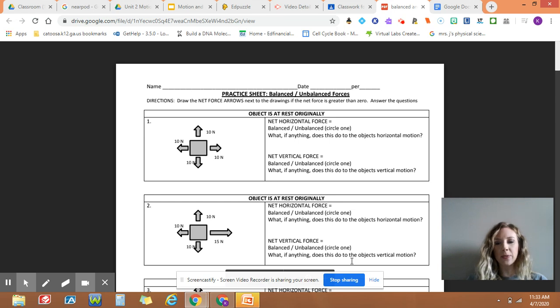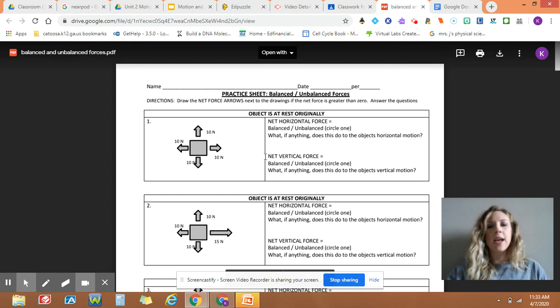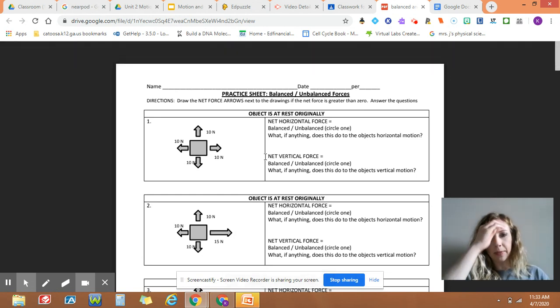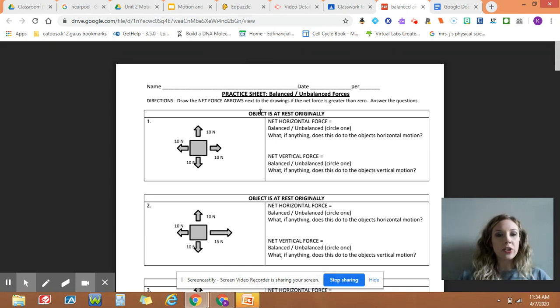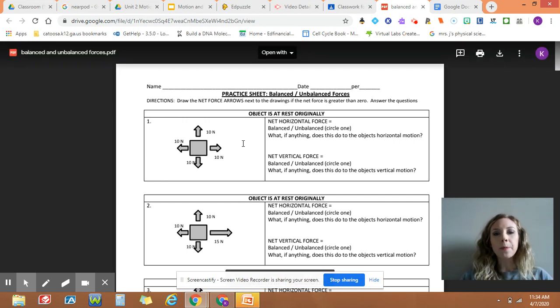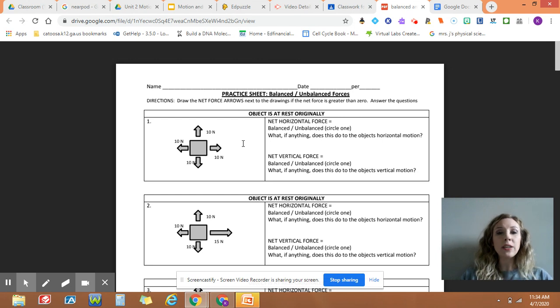Hi guys, sorry. I just wanted to give you some information about this specific sheet that I attached, just because I feel like the instructions can be a little bit confusing. So what I want you to do with this sheet, this is what it looks like. And again, you can just do this on a scratch sheet of paper and then just take a picture of your work and submit it to me, and I'll give you credit for it because I can't convert this. It's a PDF file. So basically what you're doing for this, remember we talked about balanced and unbalanced forces, so